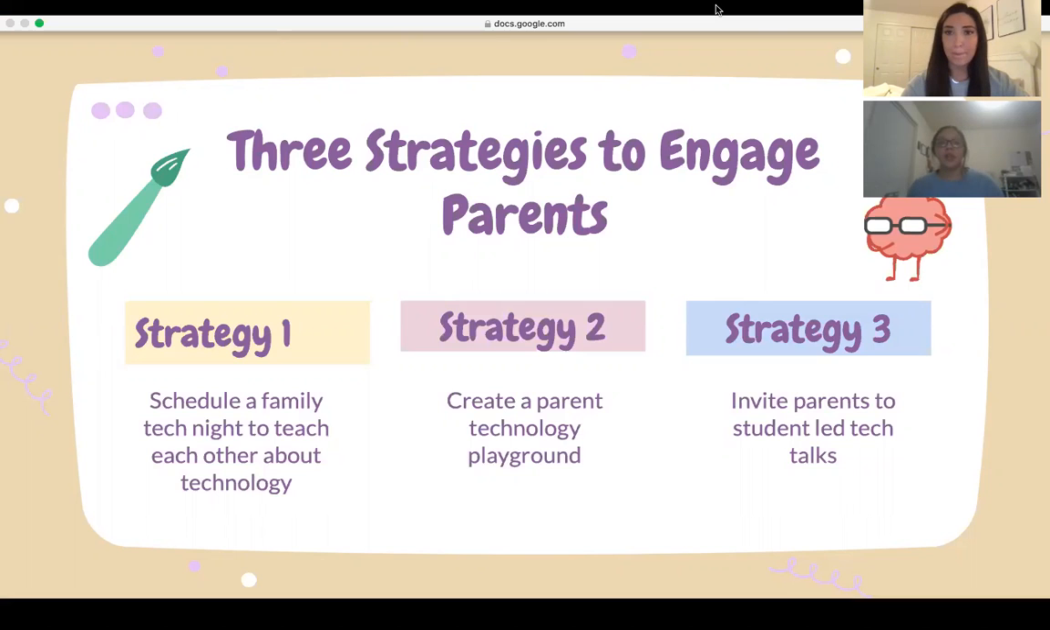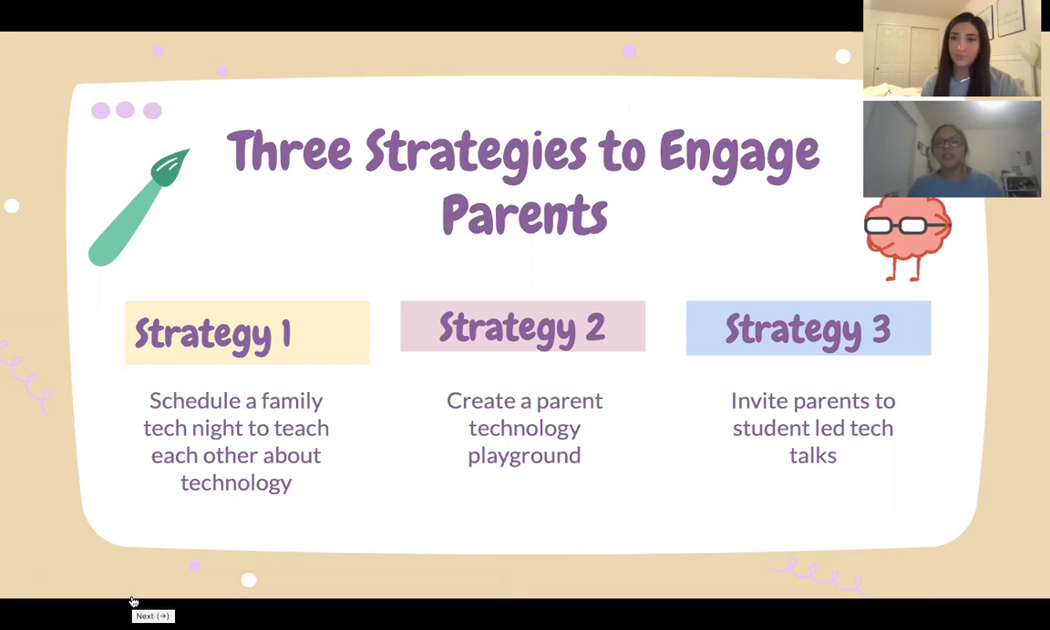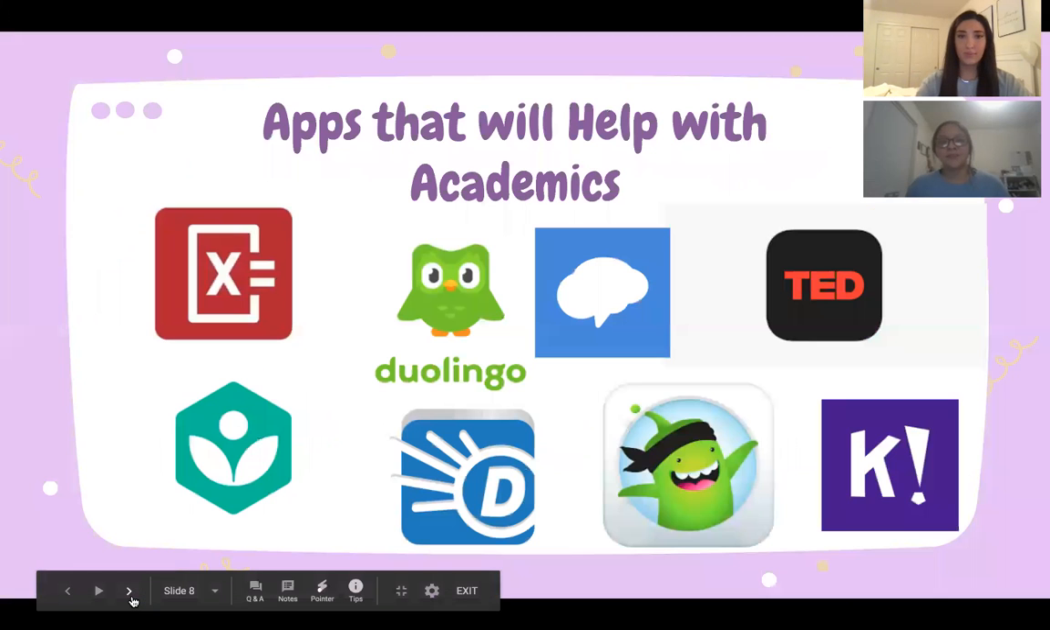Strategy 2, create a parent technology background. So you as parents, you can research more about technology and all these apps that are out there. And there's some apps that help you as well. And then strategy 3 is invite parents to student teach talks. So apps that will help with